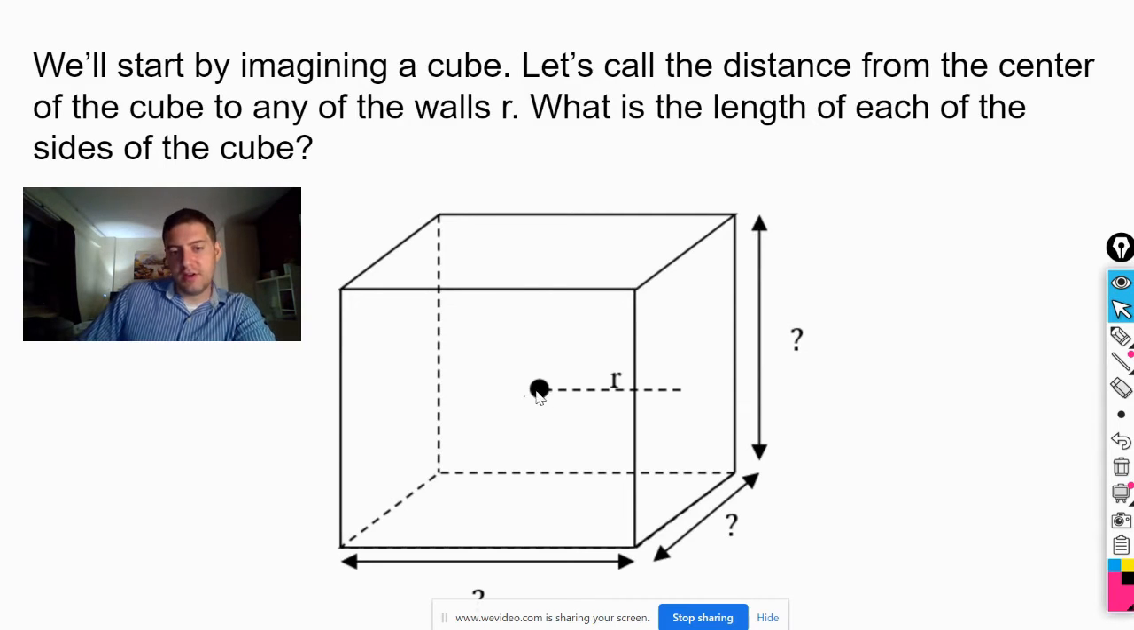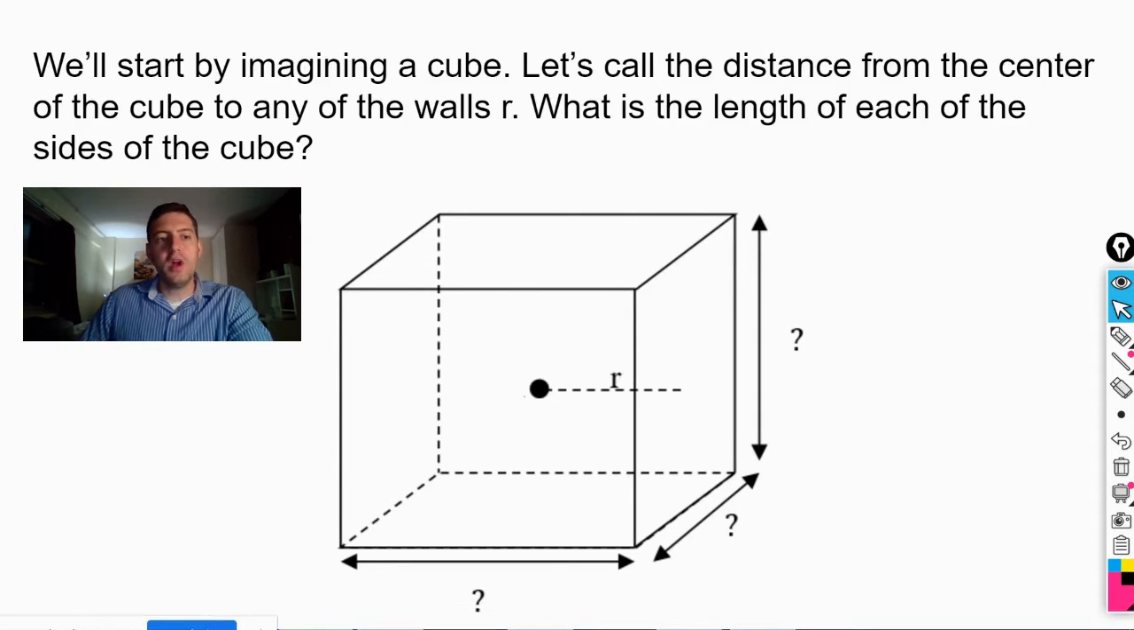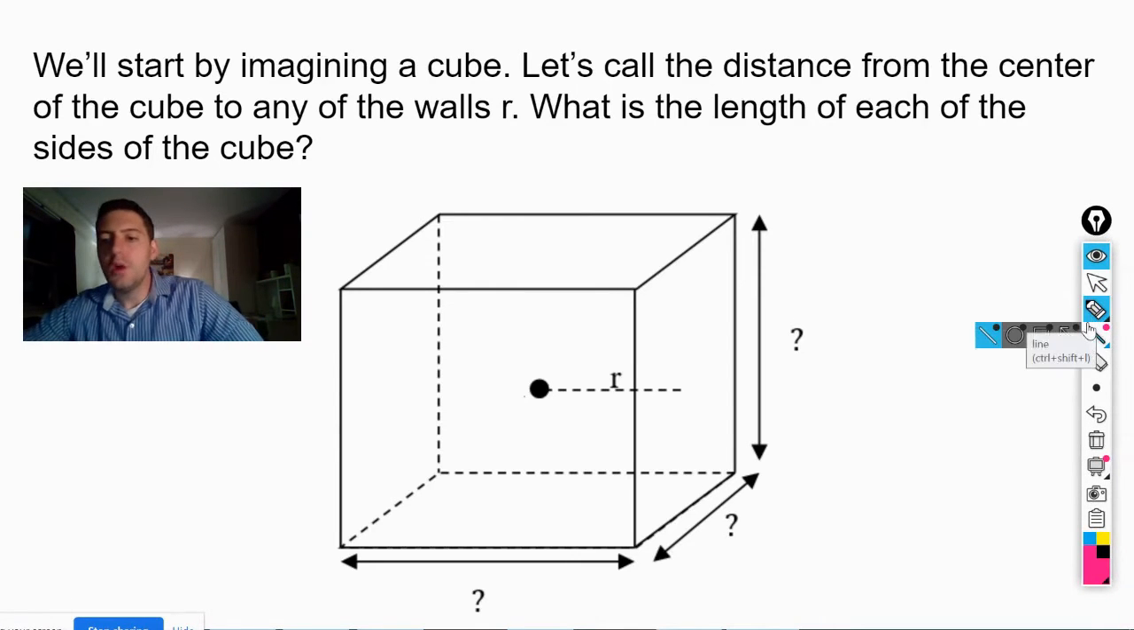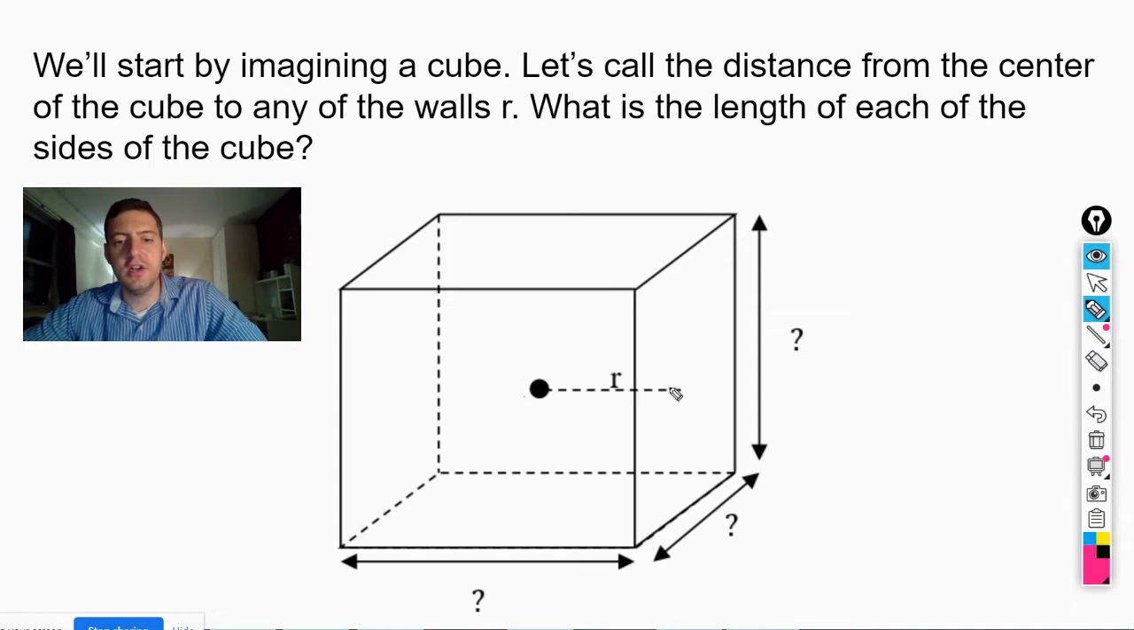Okay, so imagine that here's the center of the cube, kind of floating right in the middle of the cube there. The distance from the center of the cube to one of the walls is r. Okay, we're just going to call that distance r. What is the length of each of the sides of the cube? Well, if the distance from here to here is r, and this is only from the halfway point to the wall, then the distance all the way across, which is the same as the distance from here to here, must be